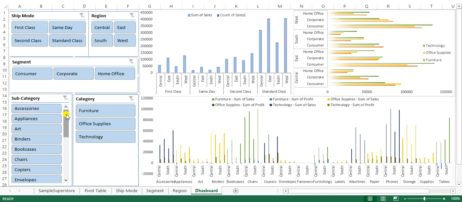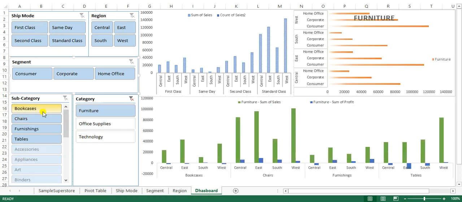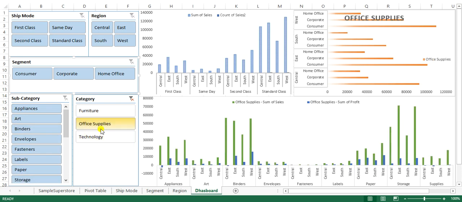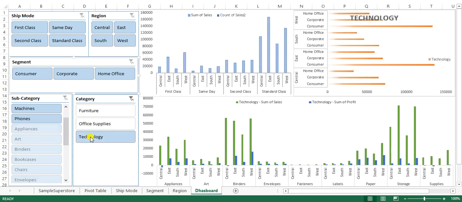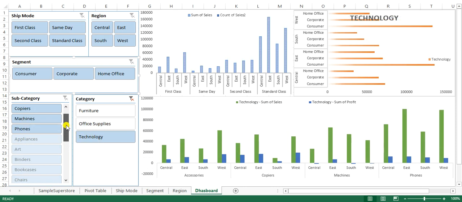Subcategories, there are so many features, including the category parts. Like the furniture, we have bookcases, chairs, furnishings, tables, and in office supplies like appliances, art, binders, envelopes, fasteners, labels, paper, storage and supplies. And from technology we have machines, phones,